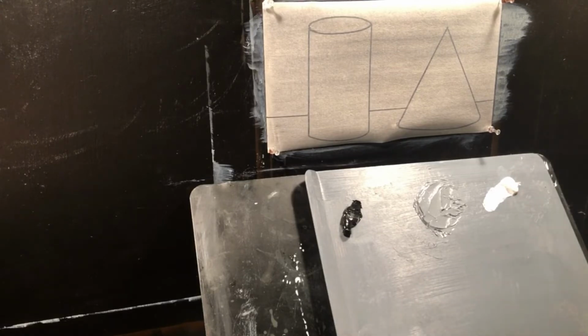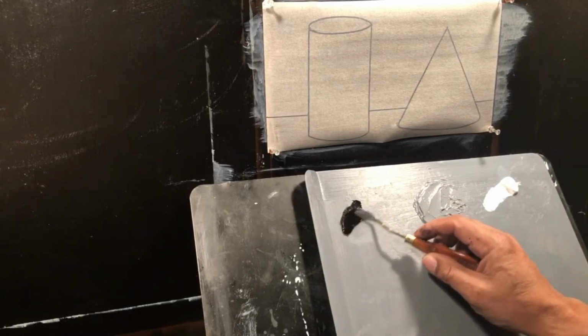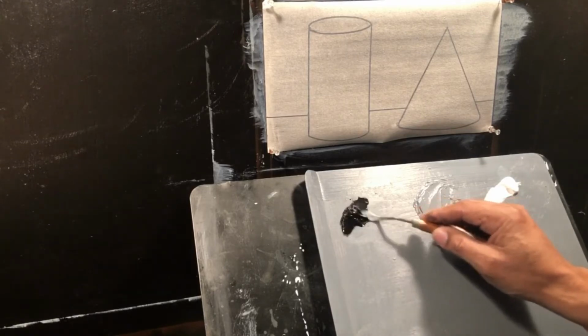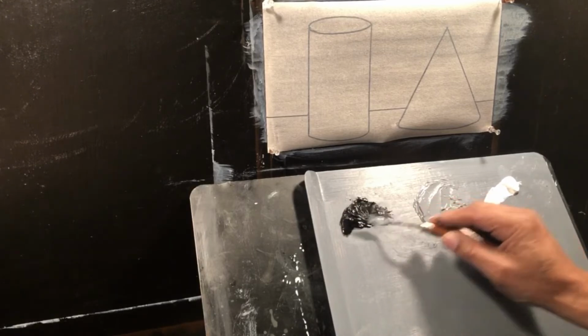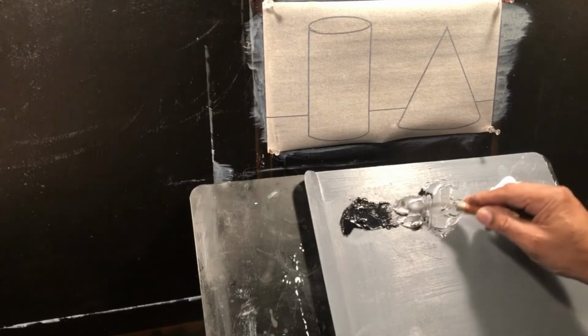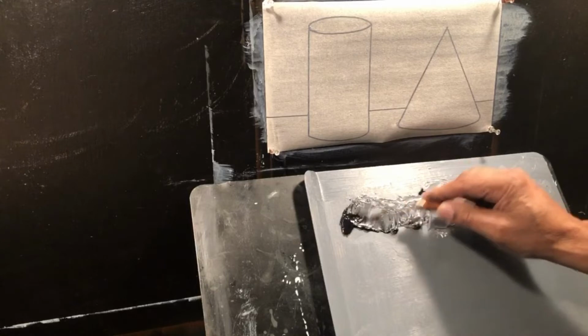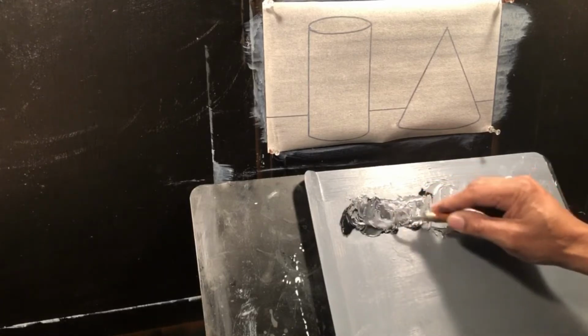Now, if you remember last time, we did those 9 steps. You don't necessarily have to do that every time you paint. This is known as a value string. You'll really be able to appreciate this when, like I said before, we get into color. So what we're going to do is manipulate some of the black over this way somewhat. Take some of this, and manipulate that into the black from this direction. Leave some of that black, pure black,